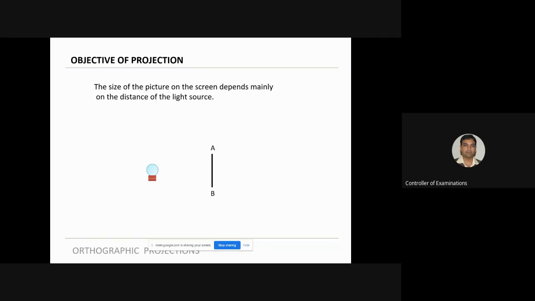See, if you observe, you have the light source, you have this particular object, which is basically a line with one end A, other end B. And then you have this screen right behind the object. Now, if the light source is switched on, obviously the image of the object on the screen will be there.